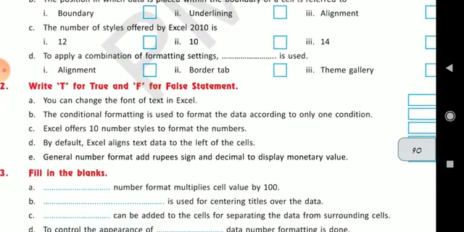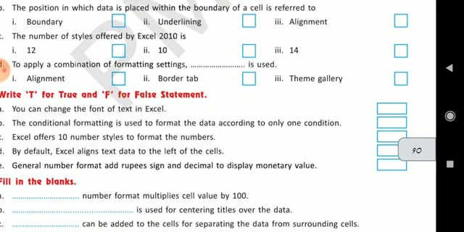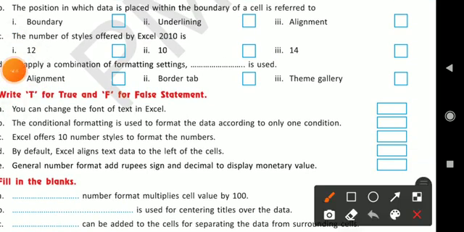Next, true and false. You can change the font of text in Excel. Yes, we can change the font of text in Excel. So first one is true. The conditional formatting is used to format the data according to only one condition. False.